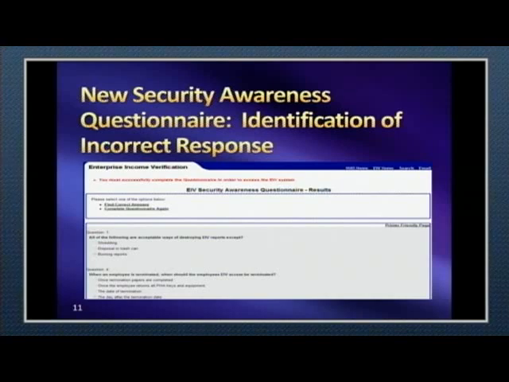Now, there's a question on the questionnaire, and it's not going to show up on the screen here, but I'm going to enlighten you on it, because this is the most popular question that's answered incorrectly on the questionnaire. The questionnaire basically asks you, what forms are necessary in order to view EIV information? One of the options is a HUD form 50058. We know that's an incorrect response because the 58 is not an authorization form, it's a collection of information about your families.